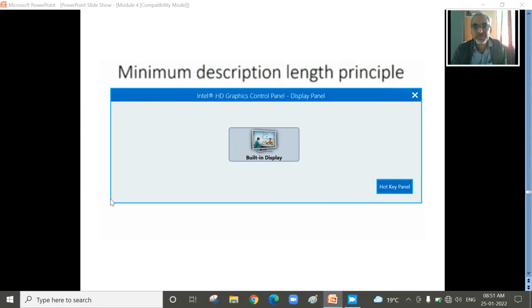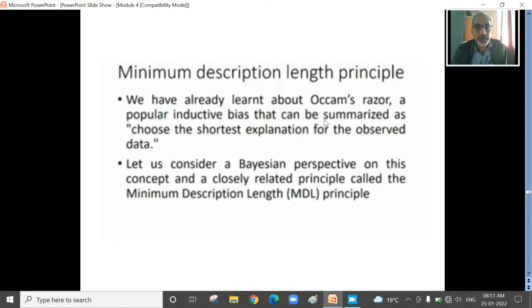Hello students. Let us look into the next topic, which is called the minimum description length principle. We have already discussed Occam's razor. In the decision tree, on what basis are you going to select which decision tree is better? We used this particular principle called Occam's razor, which is a very popular inductive bias, which can